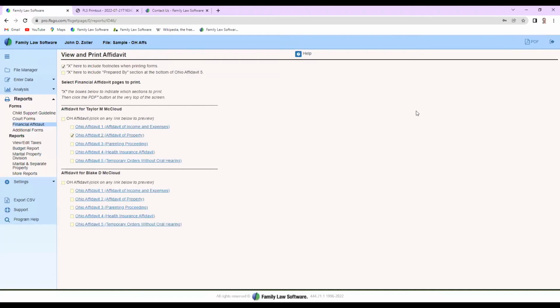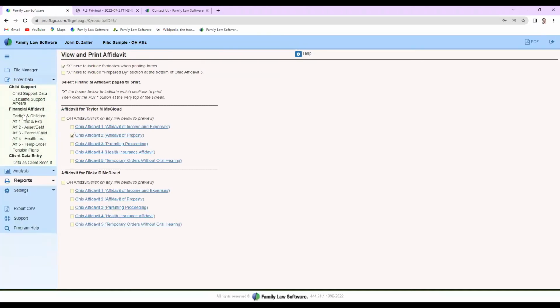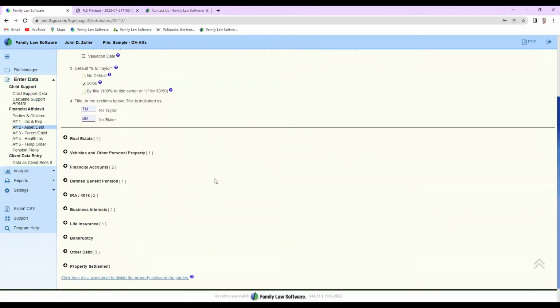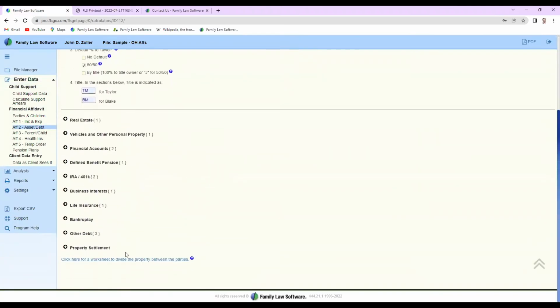And I've already done, well, I'll just do it real quick. We'll go back to data entry. We'll say assets and debts. This is affidavit number 2. And you can see here we're going to fill out basically a balance sheet for the family by